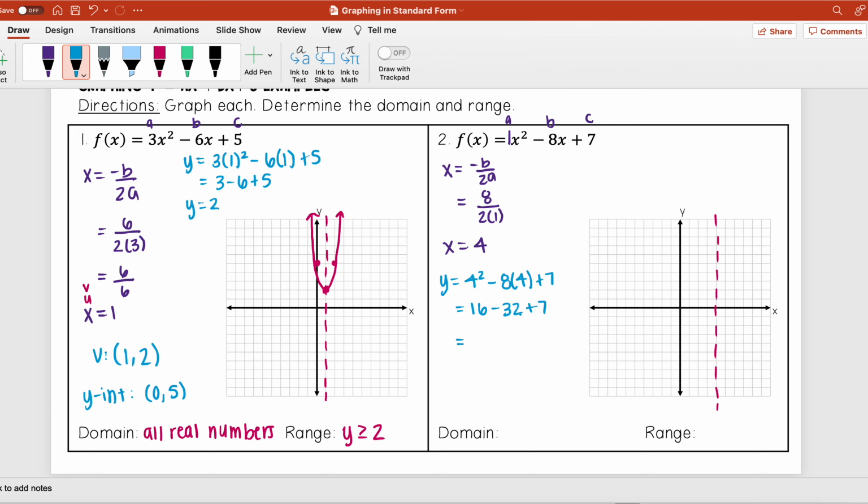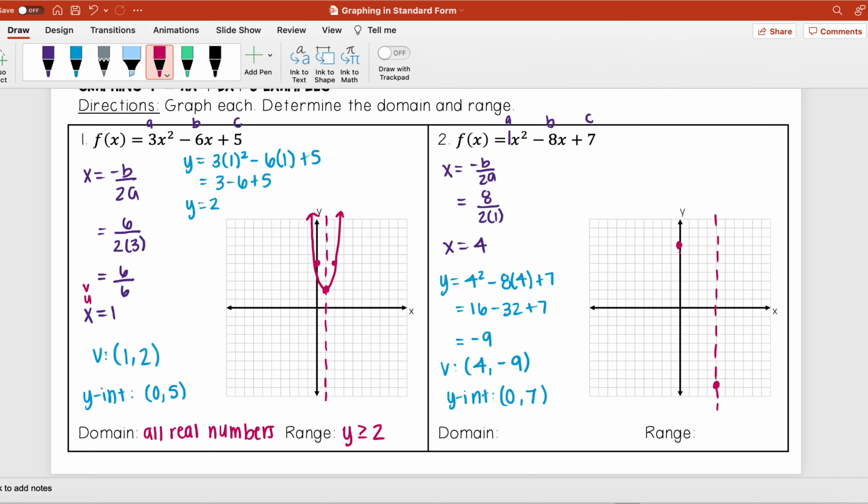So that's negative 16 plus 7, I get negative 9. And so that means that my vertex is going to be at 4, negative 9. So I want to go down 9 here. So 1, 2, 3, 4, 5, 6, 7, 8, 9. Next, I need to figure out what my y-intercept is. Well, I know my y-intercept is always at my c value, and my c value here is 7. So I'm going to go to 7,